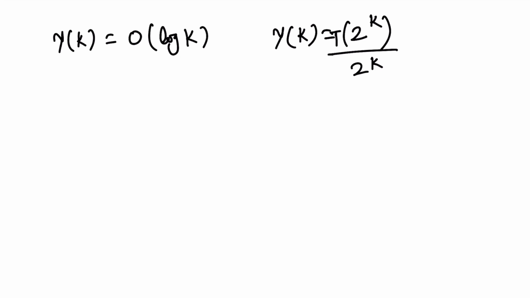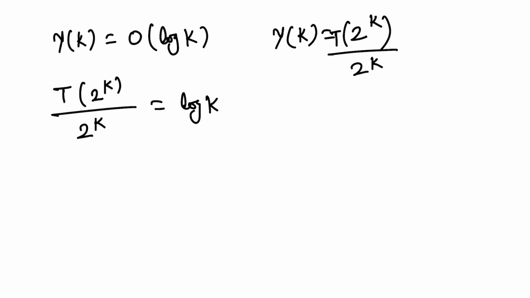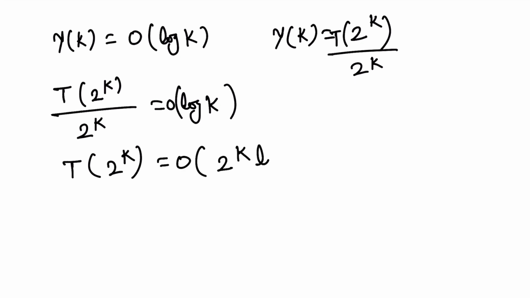Okay, so this will be T of 2 to the power k divided by 2 to the power k is equal to log of k times, order of log k times. So T of 2 to the power k will be order of 2 to the power k log k times,